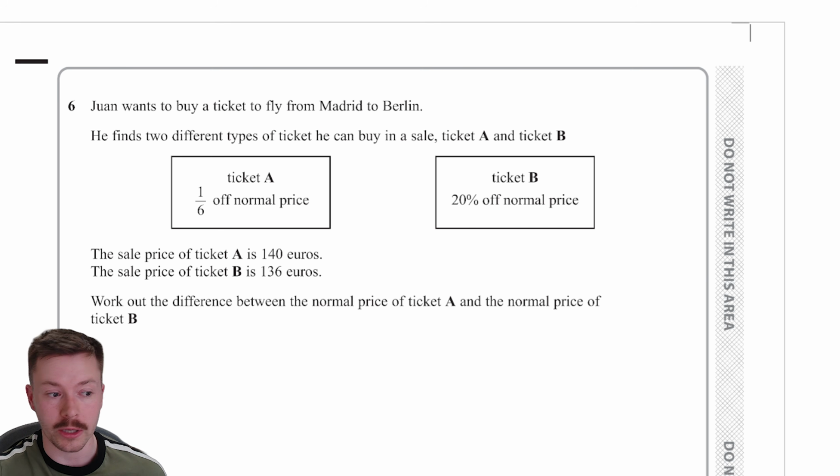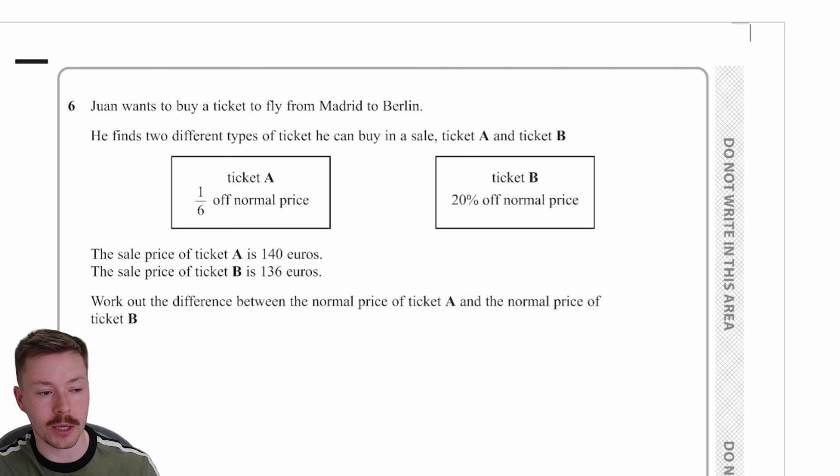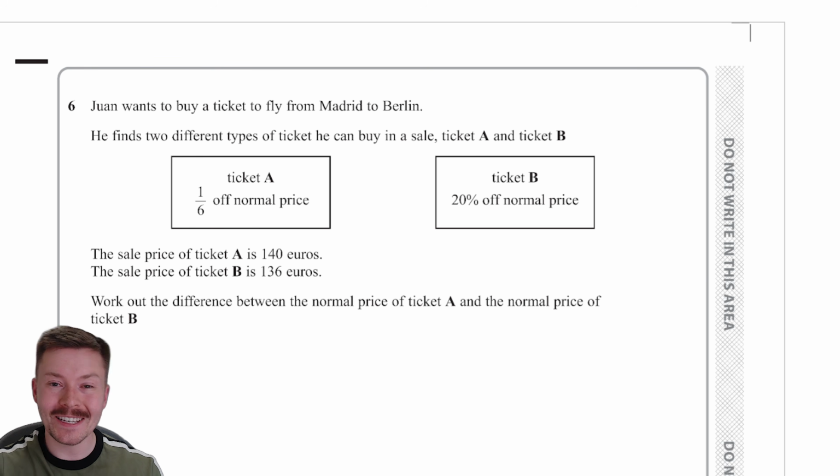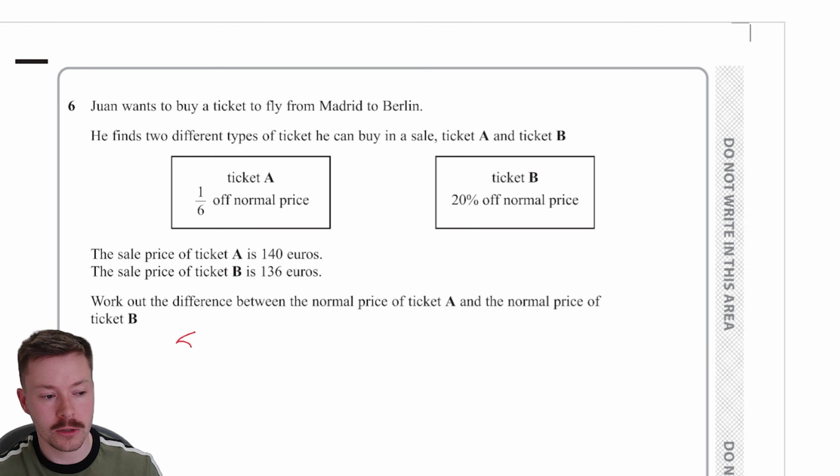So this is actually looking like a reverse percentages question. Sale price of ticket A is €140, sale price of ticket B is €136. Work out the difference between the normal price of ticket A and the normal price of ticket B. Now, if we consider A first of all, if there is a 1/6 off of the normal price, that means we have got 5/6 left. So 5/6 of normal price